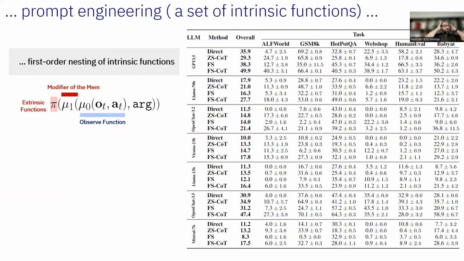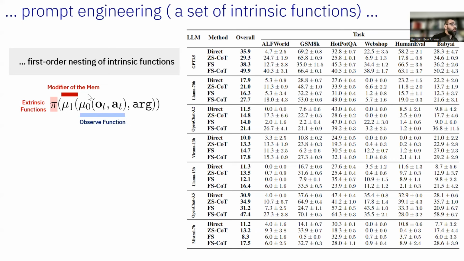Now, the first thing we've done, which I think is actually pretty interesting, is that we noticed that the functions we have, these intrinsic functions, they actually map to the real world. They map to the current literature. So the different nestings of intrinsic functions are actually a more general case of a lot of prompt engineering techniques that have been done in current literature.